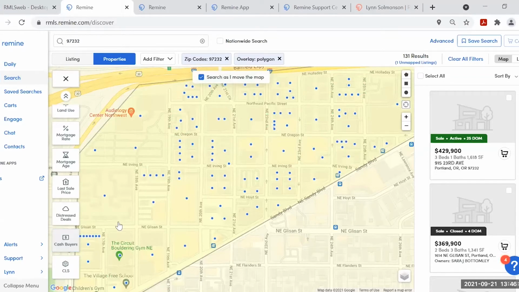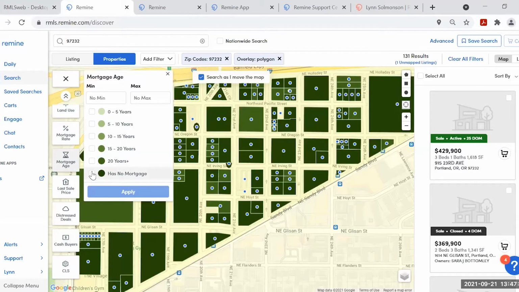Okay, so let's say for my scenario, I want to do a postcard mailing to this area, but I want to target some specific homeowners. My thought process for my scenario today is I want to look for people who have no mortgage. So mortgage age, they have no mortgage.